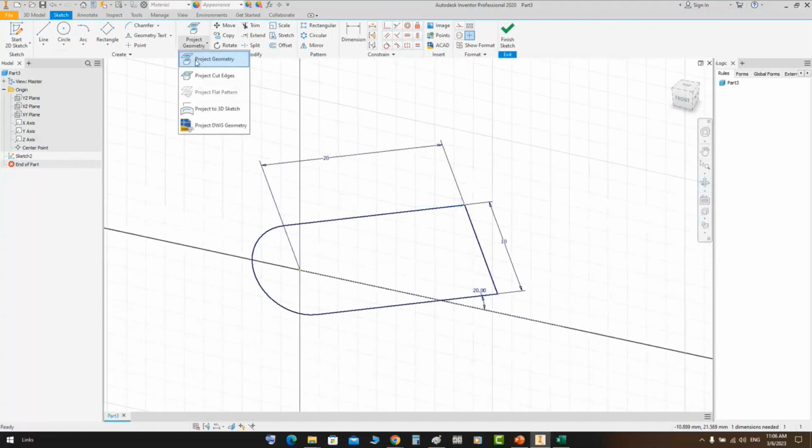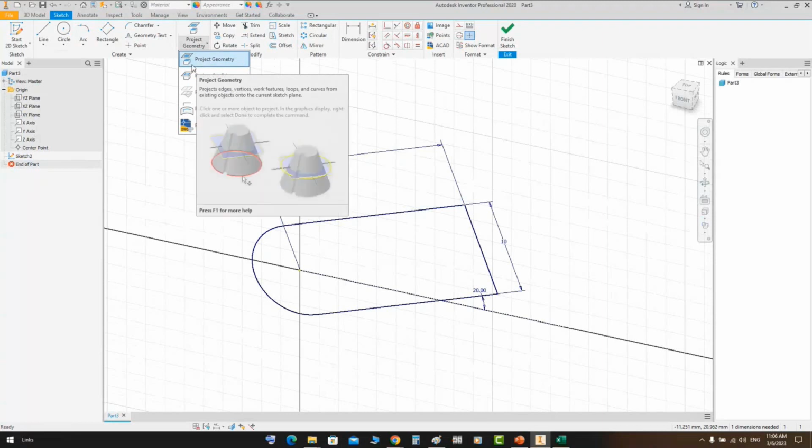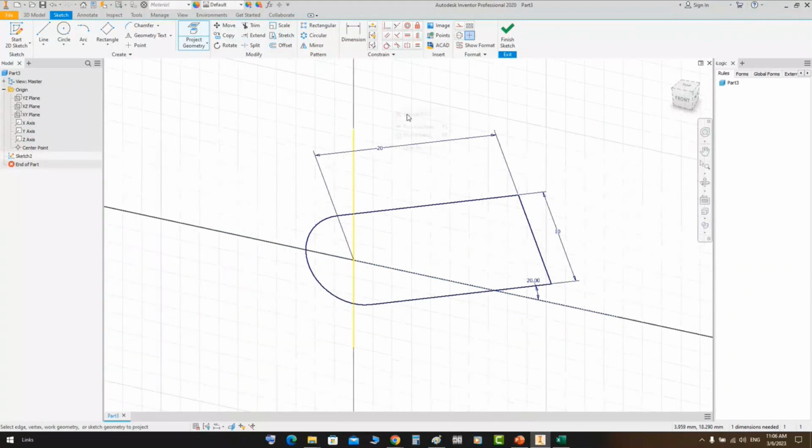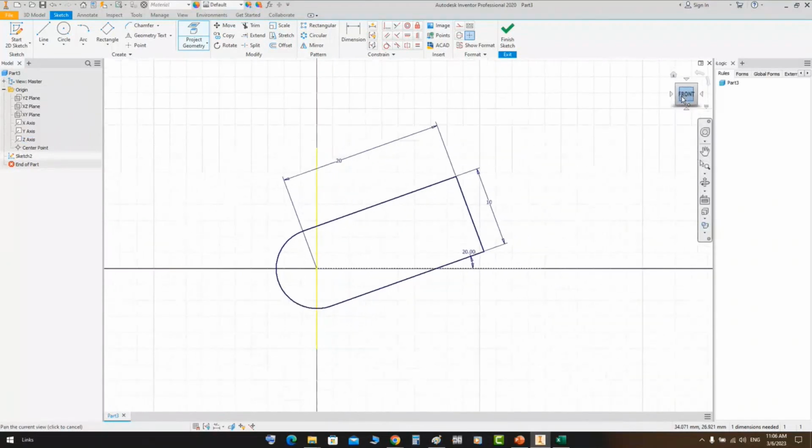And from the geometry tab, you can project some features. Like if you would like to project the y-axis, if you select the y-axis from here, you can see that it will appear in the drawing area. So if you project it, you will get a line like that with a yellow color. Or if you would like to project the z direction, you will get a point because it's perpendicular to the